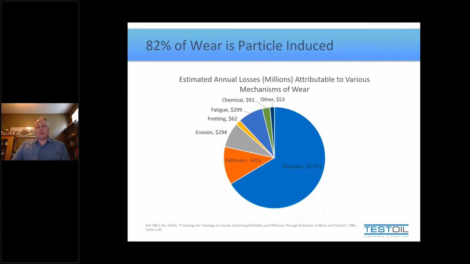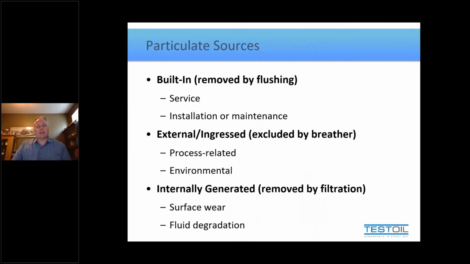So with that, we should discuss, where does this particulate come from? And essentially, the particulate can come from about 3 different sources, broadly speaking. We have what we would say is ingressed particulate, so stuff we draw from the outside into the machine. We have stuff that's generated on the inside, and we have stuff that's even built into the system or our processes. So to give you a bit more of an explanation of these, let me show you some examples.